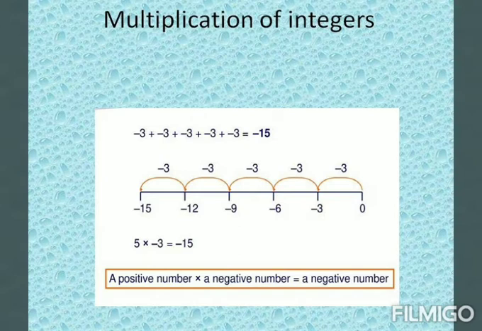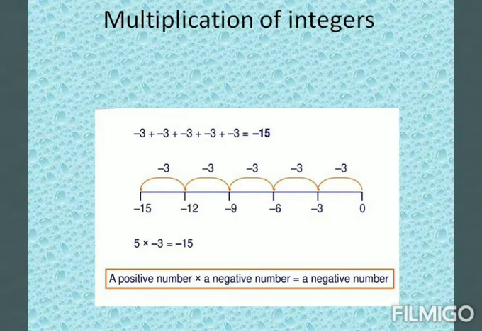When we are multiplying using the number line with a negative integer, we have to move towards the left side of 0, since all the negative integers are towards the left side of 0. Therefore we have to move left side of 0. So when we are multiplying a positive integer and a negative integer, we get the result in negative. This is another rule. If the signs are different, the product is negative.